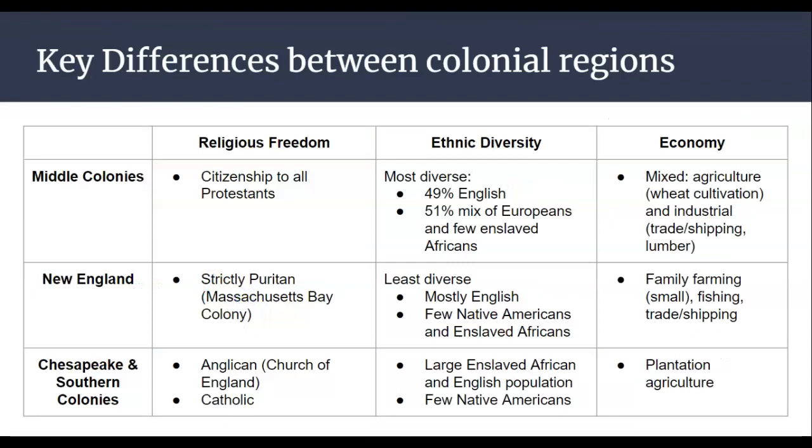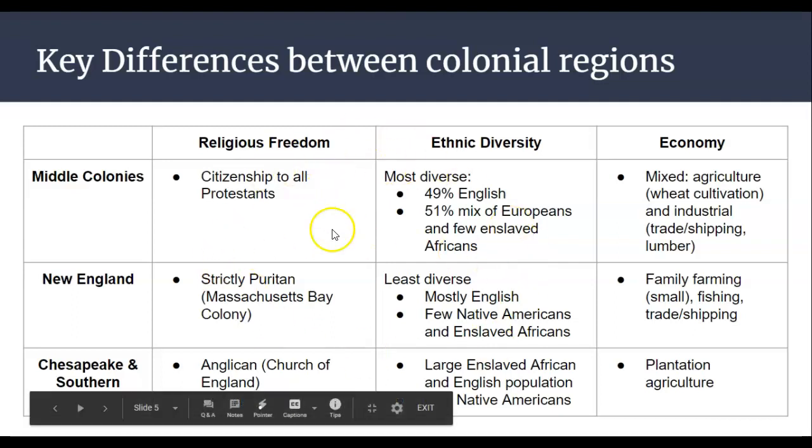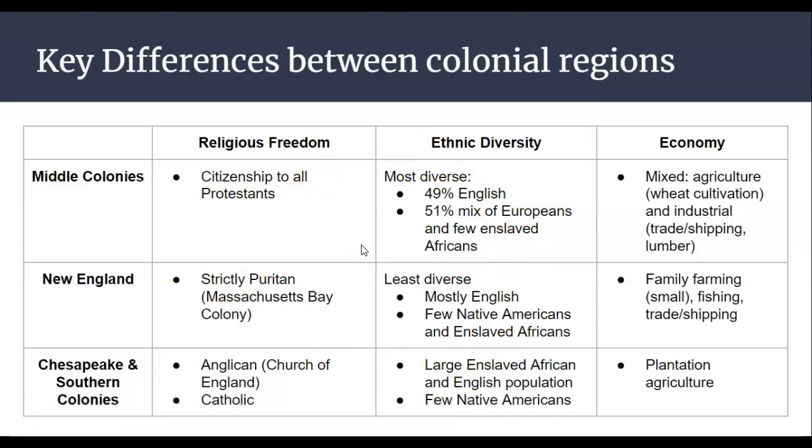Okay, so some key differences overall between the colonial regions, and we've kind of talked about this before, but I want you to write this chart in your notes so you can have it, understand what it's saying. And I'm really going to focus in on this ethnic diversity and economy. We spent some time on religious freedom and things like that, but I really want to focus in here. And when we talk about ethnic diversity, I want you to pay attention to some commonalities. Yes, we see English all throughout, but notice that we see slaves,